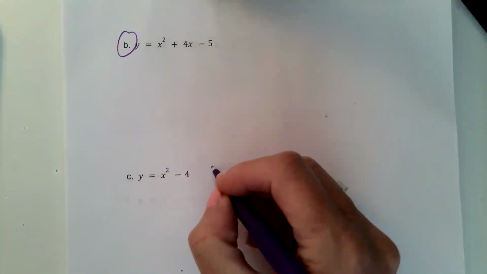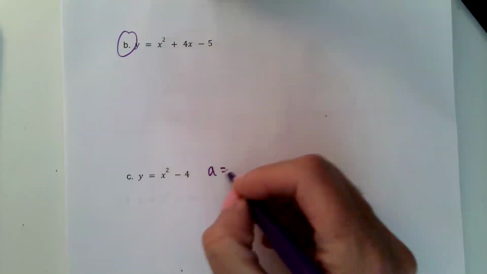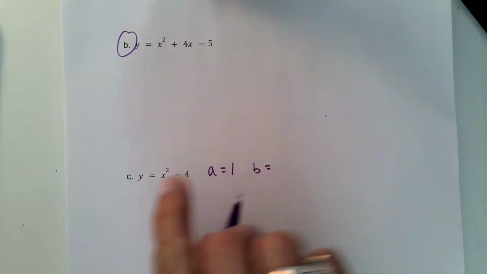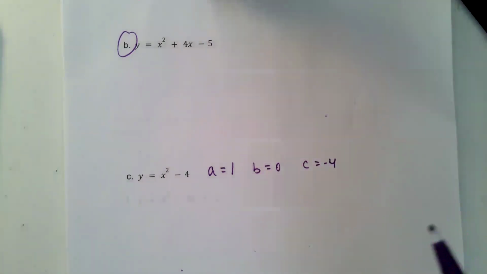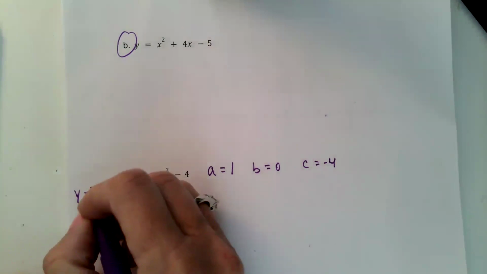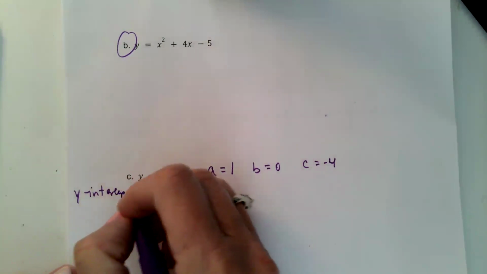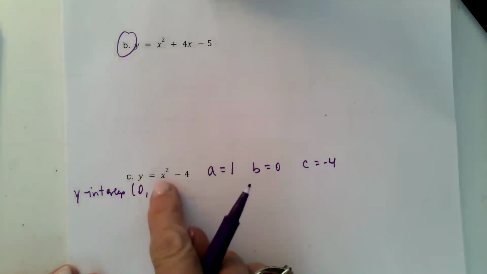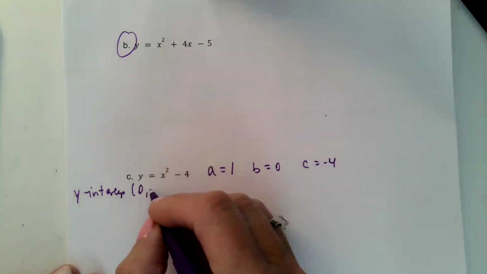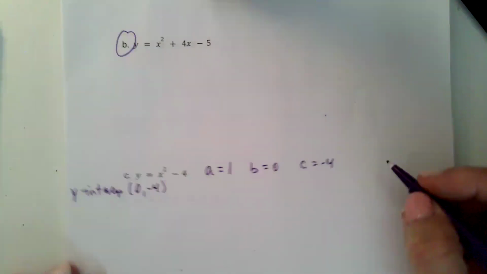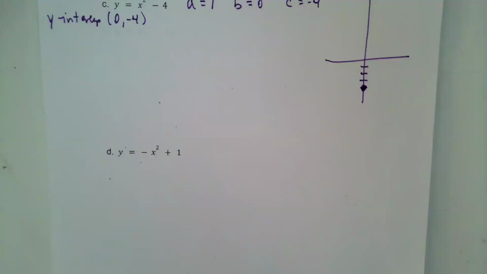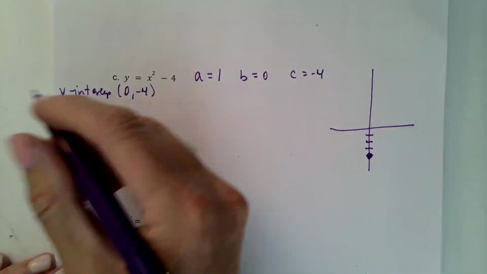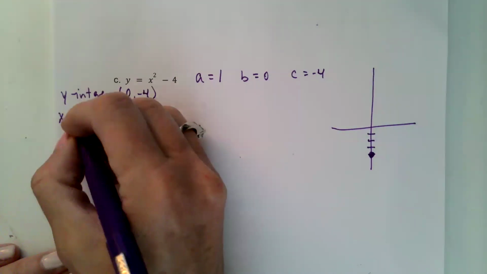So this quadratic, we have A equals 1. There is no X term, so B equals 0, and C is a negative 4. Okay, so let's look at our y-intercept when X equals 0. So when X equals 0, I just have a negative 4. And then my x-intercepts,